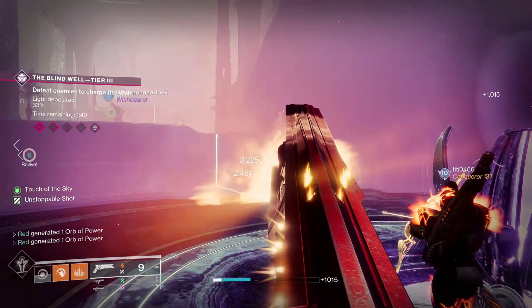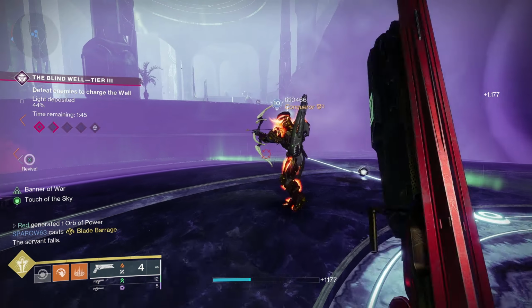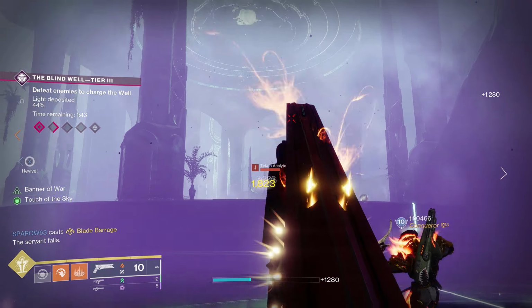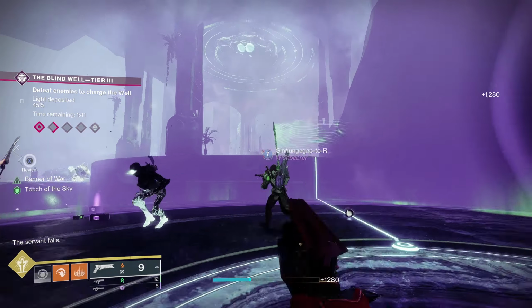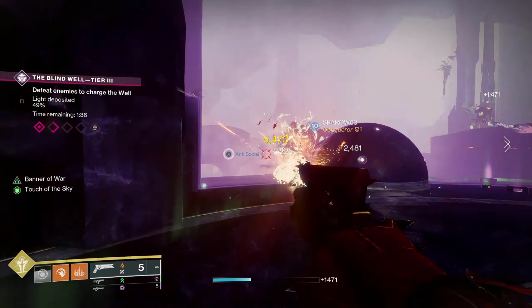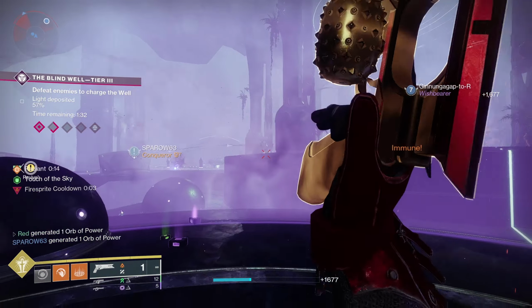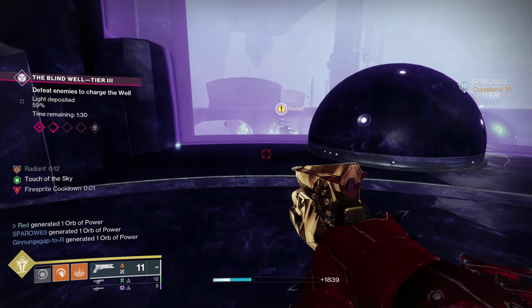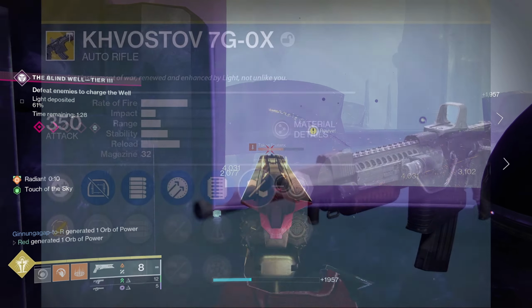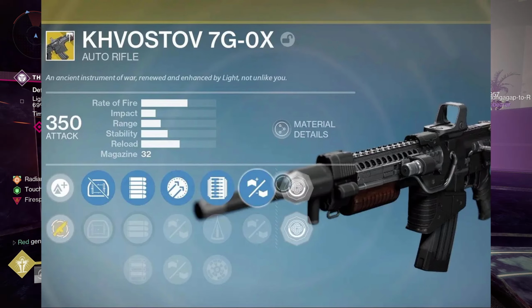Moving on from there, we also have Khvostov. Now, Khvostov is also another interesting one, because in Destiny 1, this exotic didn't have its own actual exotic perk, so they could just come out with a completely new idea of what they want Khvostov to do, which would be awesome. Or they could just copy what it did in Destiny 1, which was you were just able to have a fully upgradable version of the Khvostov weapon,